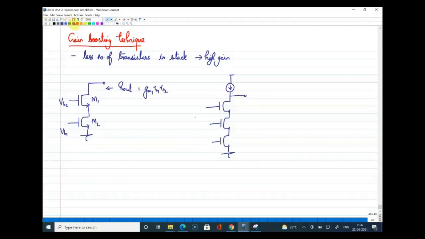So ideally, if I load with a current source like this, and if I number these as M3, M2 and M1, where this is the input transistor, and if these are some bias voltages VB1 and VB2, I can clearly write the gain expression of this as minus Gm into Rout, where Gm can be approximated as gm1. If you apply the technique to find Gm, you will get that, and Rout will be equal to